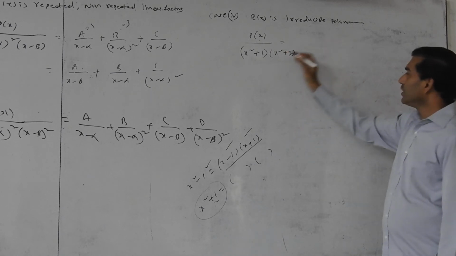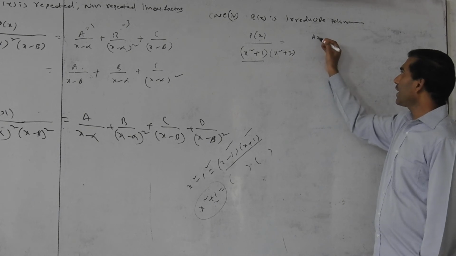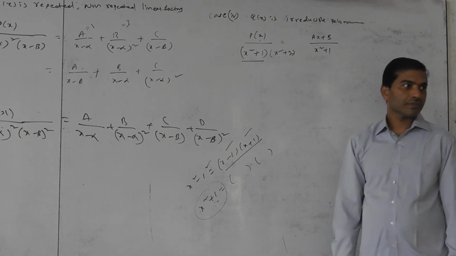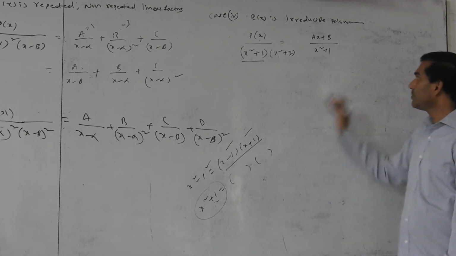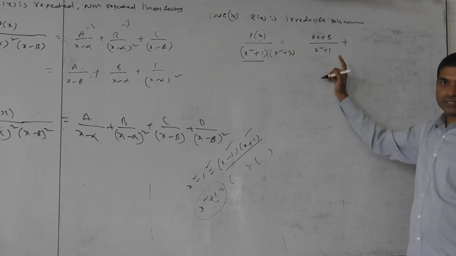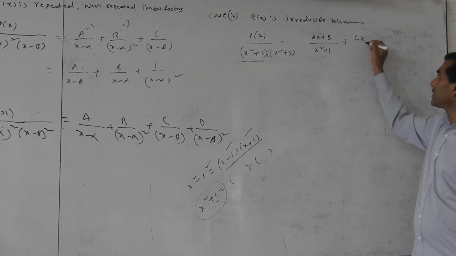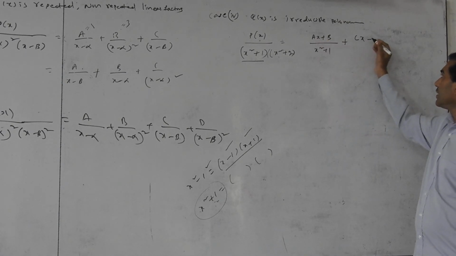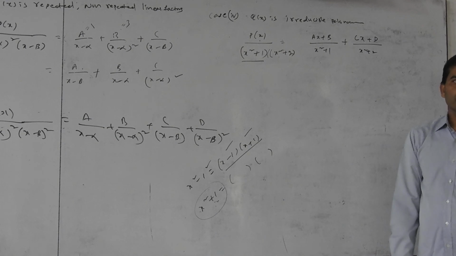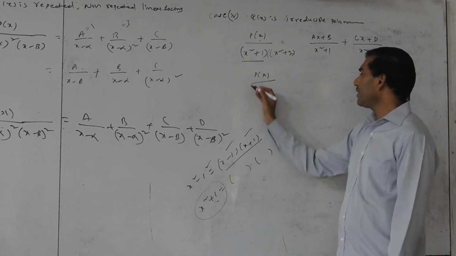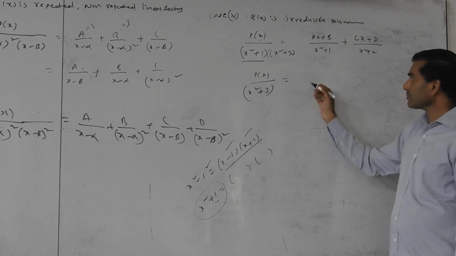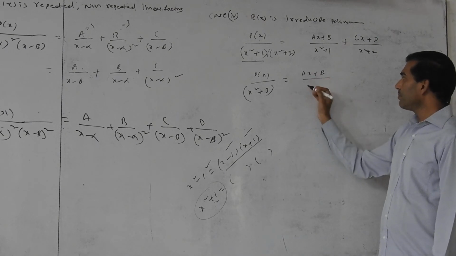Now the way of splitting: for this, ax plus b by x square plus 1. Similarly, plus, these a, b are constants, next cx plus d by x square plus 2. One more is p of x by x square plus 3. Tell me the partial fractions: Ax plus b by x square